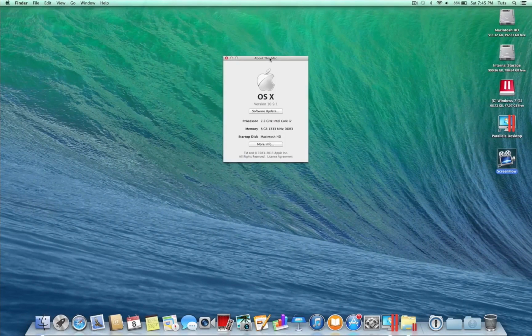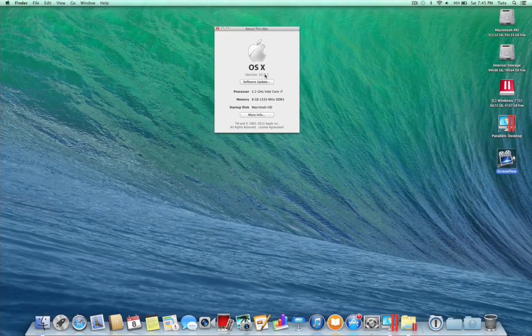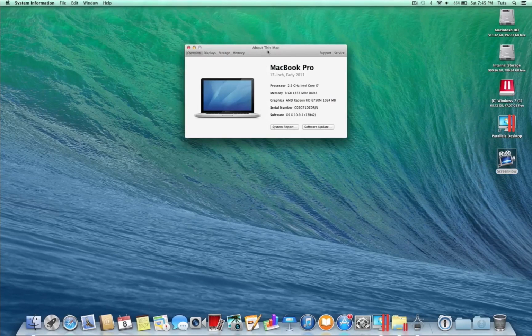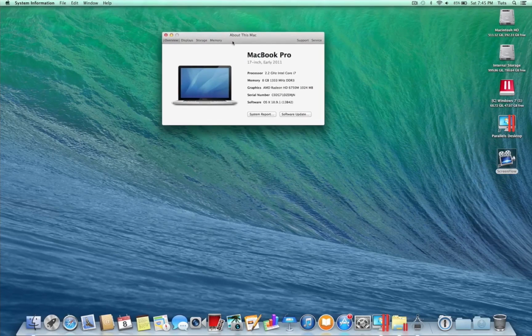The first window you will find will be just a brief summary. It'll give you your software version and allow you to search for updates, give you your processor and RAM, as well as your current startup disk. But you will notice down below that there is a button that says More Info. If you click on the More Info button, you'll get a very intuitive menu with different tabs that'll give you